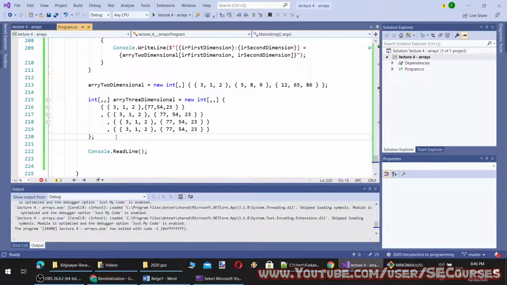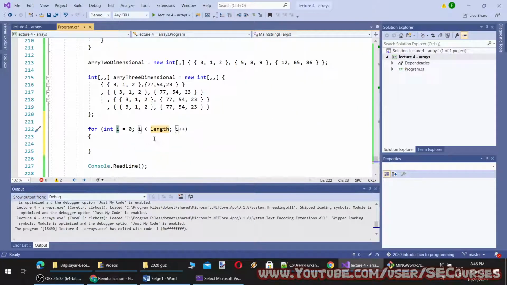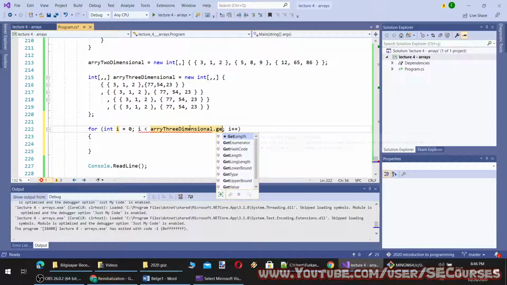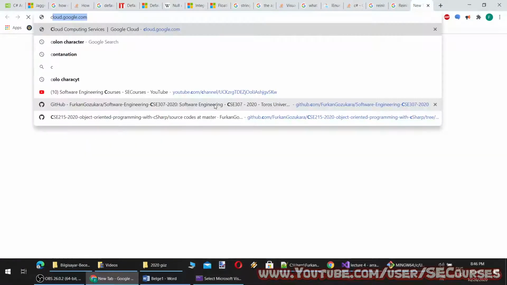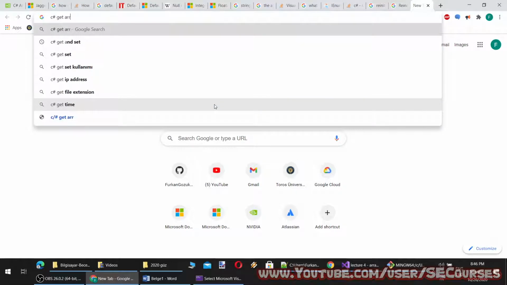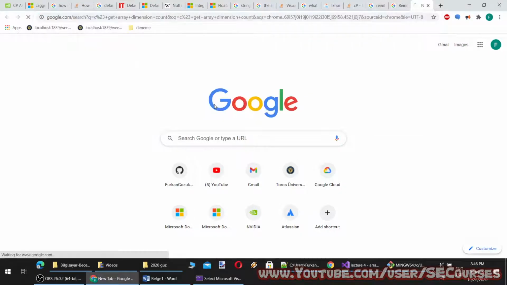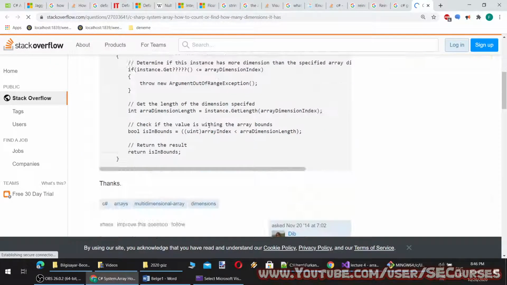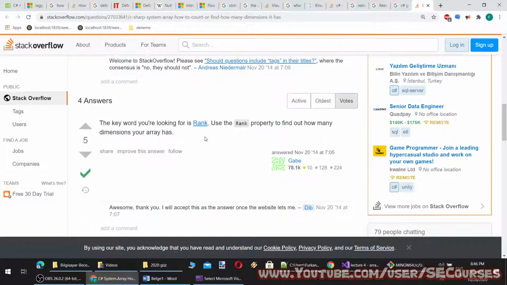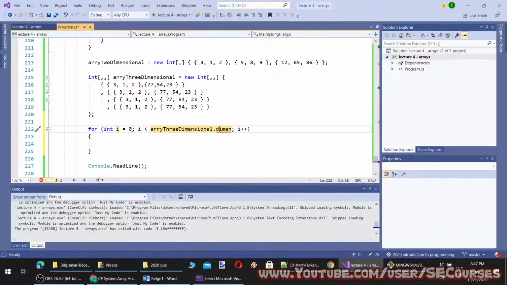I am going to do it for this one. So it will be get dimension for, okay, so there is the Rank command, rank, and so this will be rank, or let's say dimension.